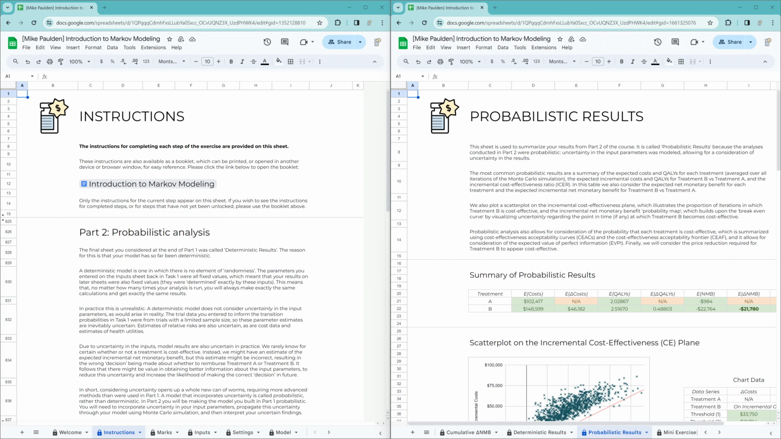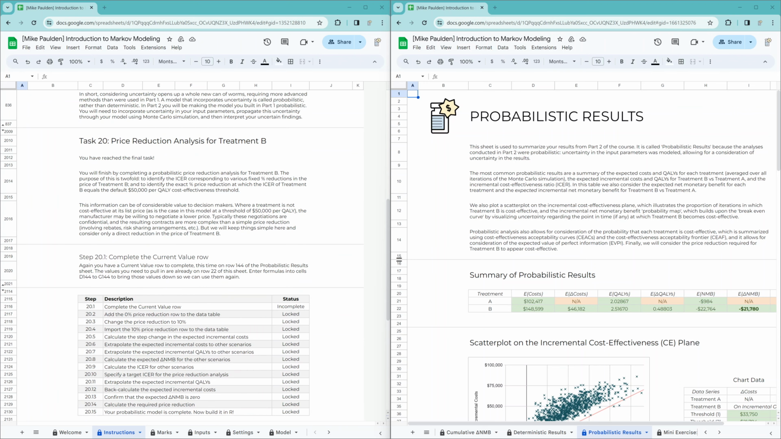In this video, we're going to tackle the final task of the exercise, task 20. In task 20, we're going to do a price reduction analysis for treatment B. This is something which some HTA agencies conduct in practice, such as CADTH in Canada. They will do a probabilistic analysis at different possible price reductions for the treatment in question and identify what happens